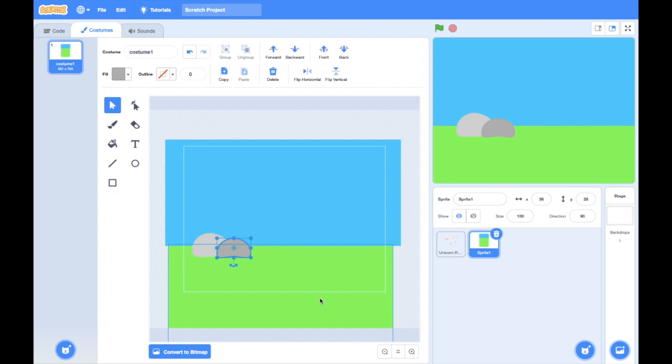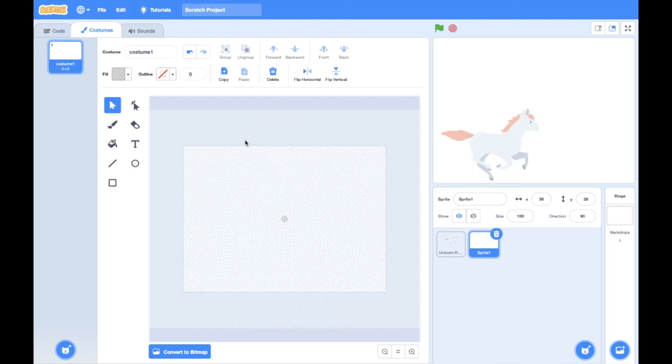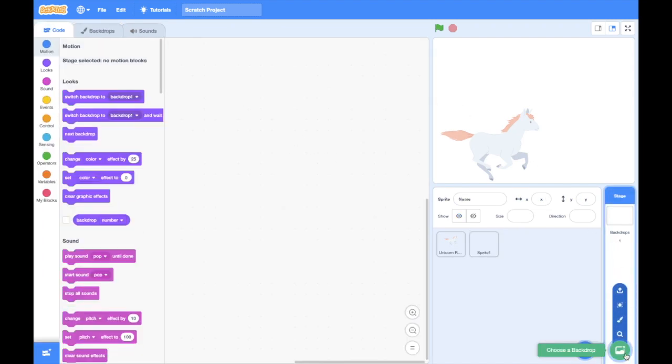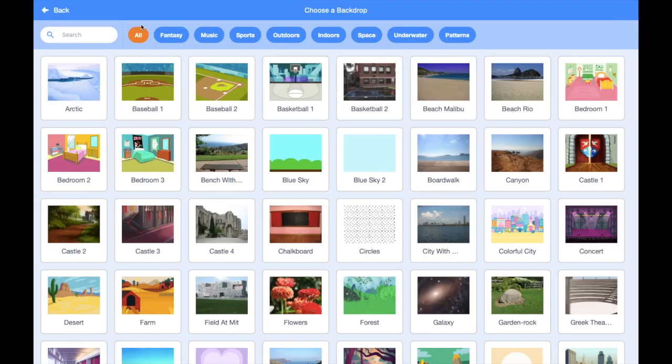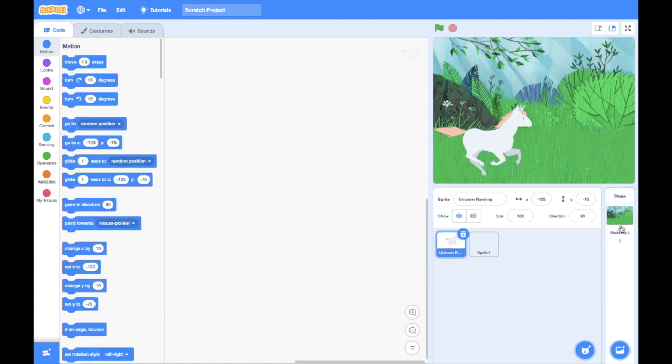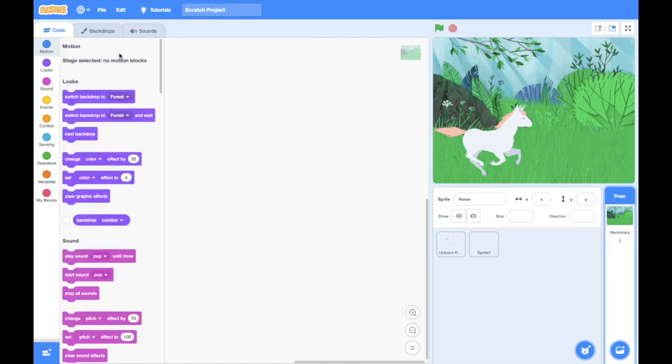So if you want, you can also paint a backdrop, but in case you don't like this and you want something else, what you can do is go ahead and click on choose a backdrop. Then you can choose any one. Let's go with forest. So next what you will do, we're not going to add motion in this, but we